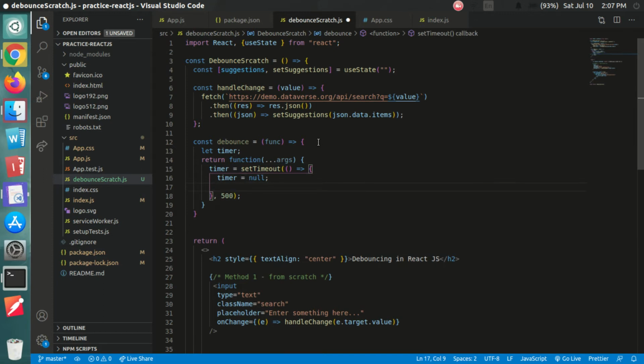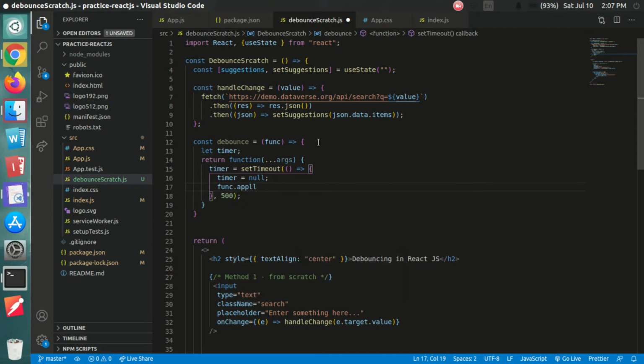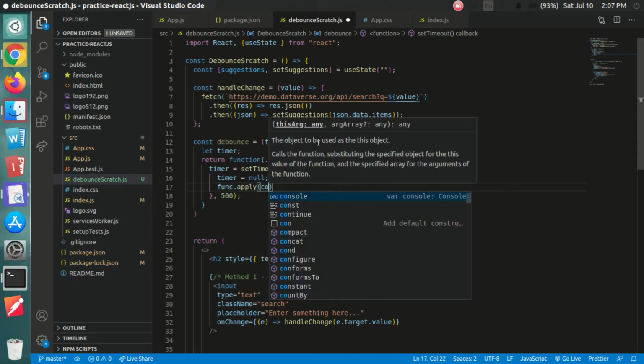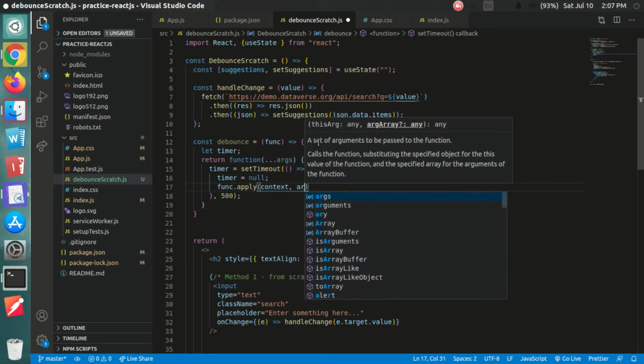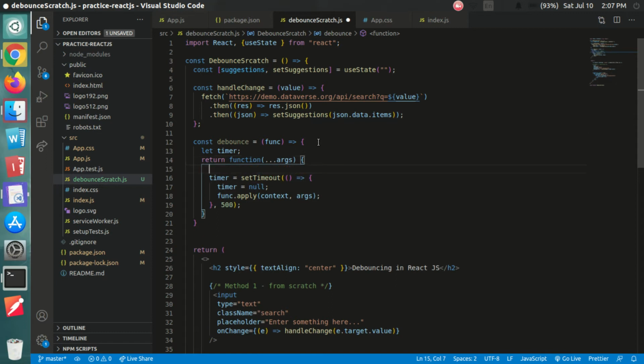Now we'll use the apply method to fix our context. Apply context comma args. We'll declare the context above here.